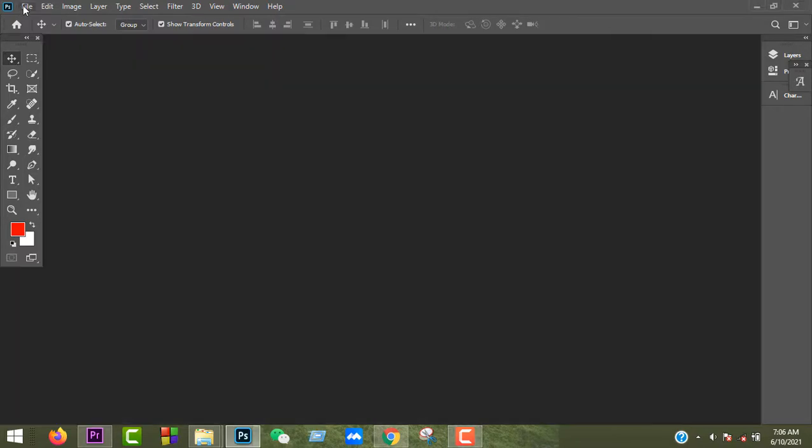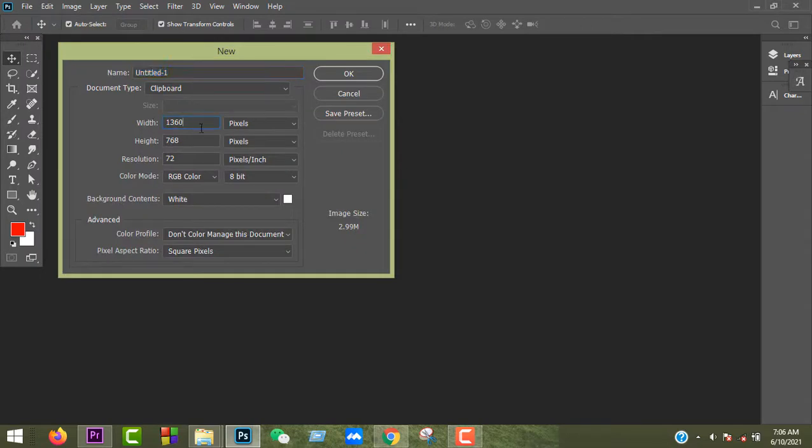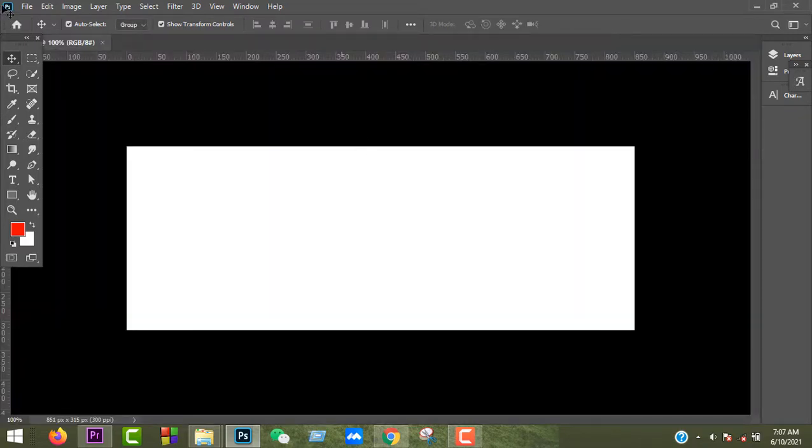Okay. First you go to File and click New, and that is the width and height. You change the width to 851 and height 315, and resolution 300, and color mode must be RGB. Okay, that size for your Facebook cover is the standard size. Click OK and go to File